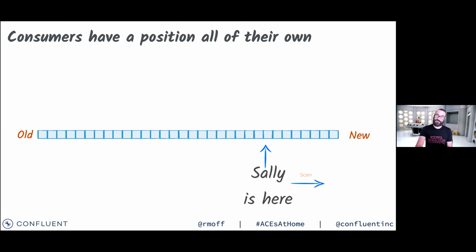So someone else comes along and says, well, actually, I'd also like to use that data. So they go to Kafka and Kafka says, oh, I've not seen you before. So you can choose to read the messages from the beginning of the topic or just as of now, or indeed any point in between, because we don't delete the data when it's read.